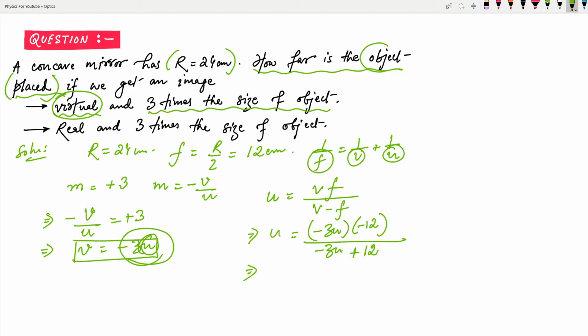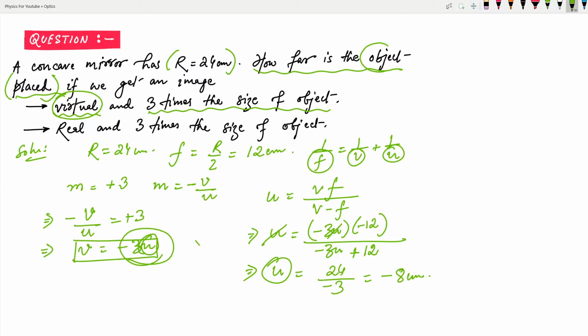Okay, if you solve this, then let's see how much we got. Now we can write u is equal to this much. Now this u and u will get cancelled. Then if we solve this, we will get u is equal to 24 on this side and here it will be minus 3. So we'll ultimately get minus 8 centimeter. Simple as that. So we can say that the object distance is 8 centimeter in front of